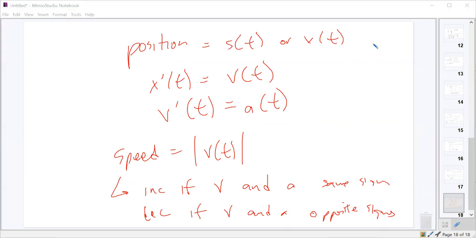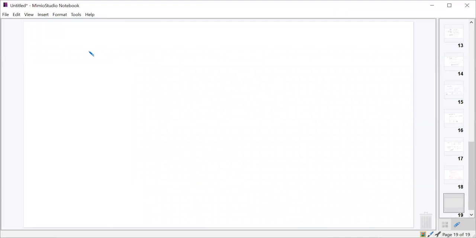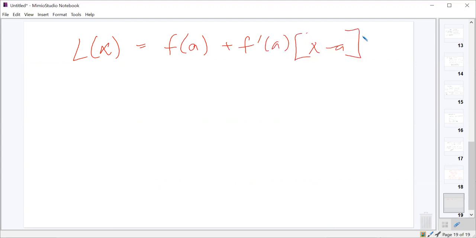Linear, okay, yeah. So Newton's method, I've never seen a Newton's method question show up on the AP test. So you probably are good there. Linearization, the linearization function is just an approximation. Oh, actually, I should write it. Okay, so the linearization function is f of a plus f prime of a times x minus a, where